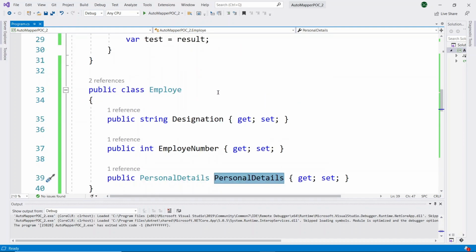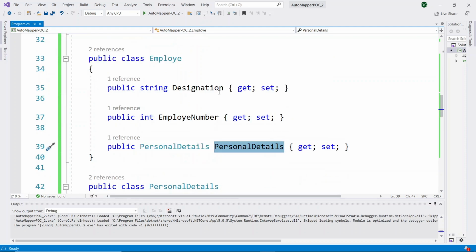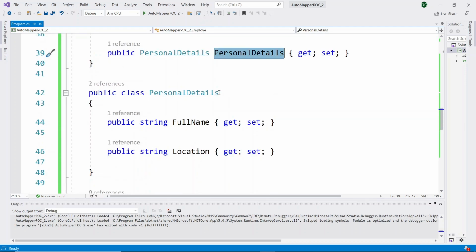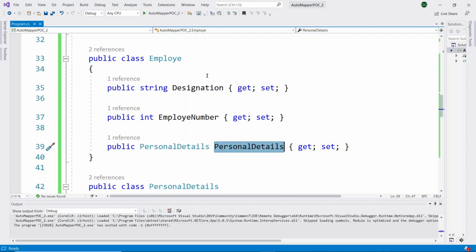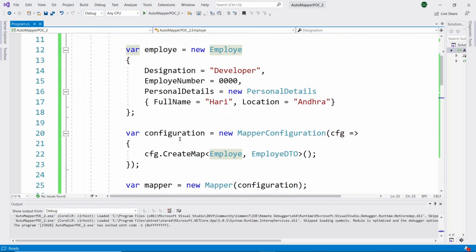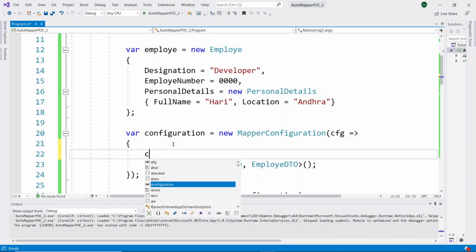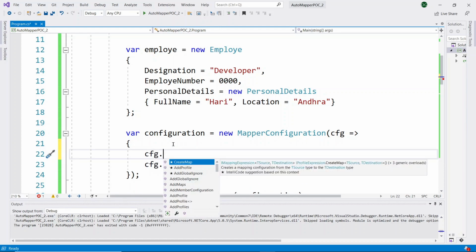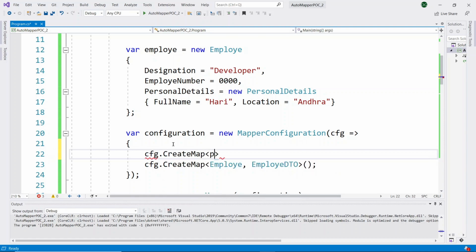So whenever we are copying the objects from Employee to the EmployeeDTO class by using AutoMapper, first we have to map the complex type properties, and after that we have to map our classes. So first we map the complex type properties. Here our complex type property is the PersonalDetails class, right? So PersonalDetails to PersonalDetailsDTO is the source and destination.